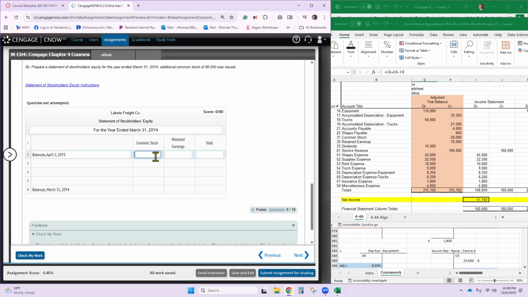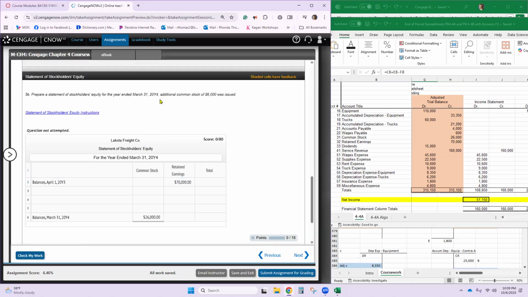Okay, now be careful. The amount of common stock is 26,000. Put 26,000 down here. Whatever this is includes any additional. We may have to back it out to find the beginning balance, but retained earnings is up here. So it is 70,000.